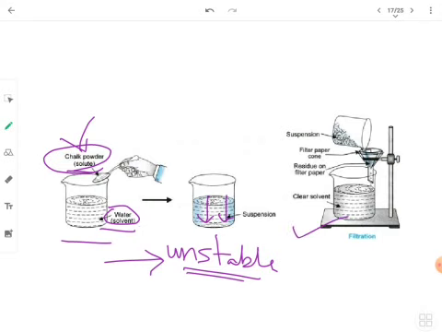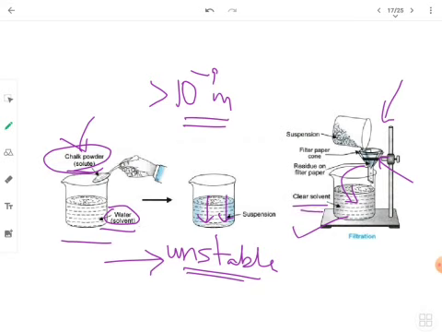Yes, you can. Why? Because the particle size is greater than a nanometer. Solution के केस में क्या था? नैनोमीटर से कम था. यहाँ पे क्या है? नैनोमीटर से बड़ा है. In fact, it is much bigger. So what will happen when you will filter it using a filter paper? You will see filter paper में जितना भी chalk था वो रुक जाएगा और नीचे आपके पास आ जाएगा clear